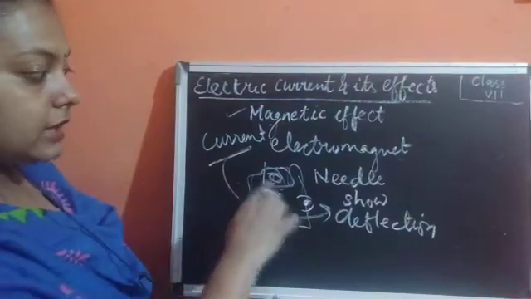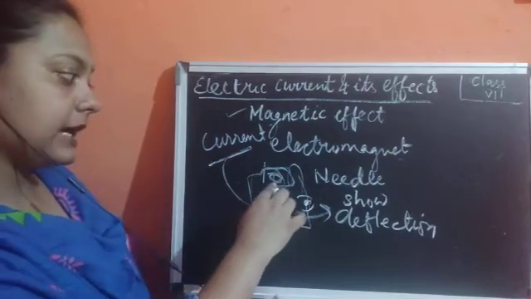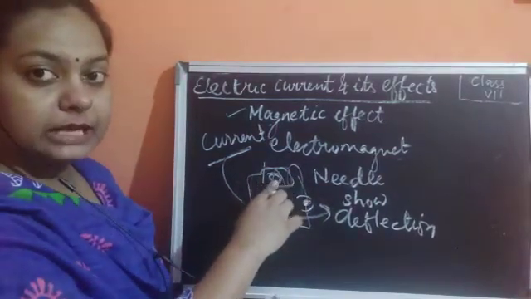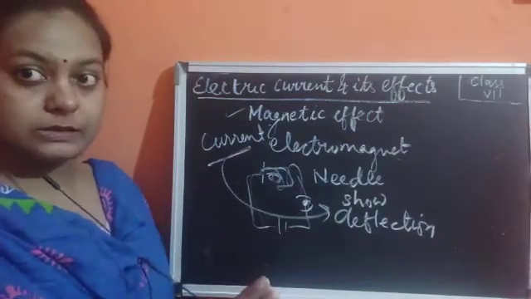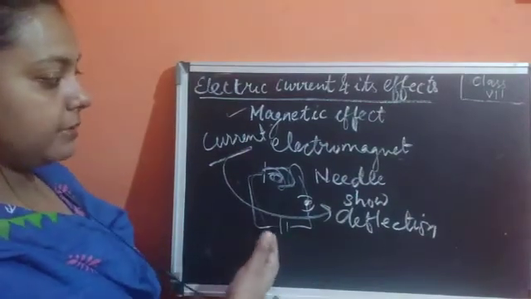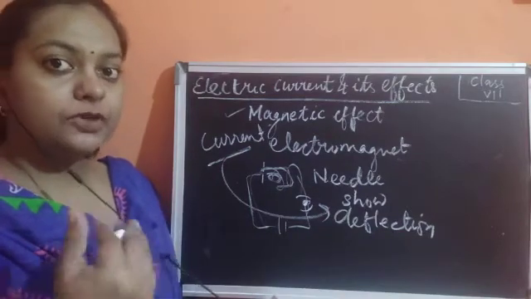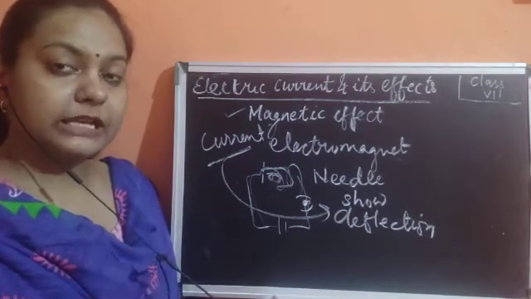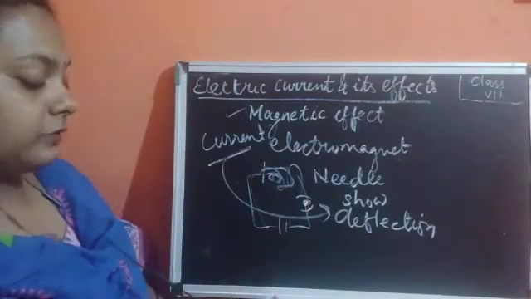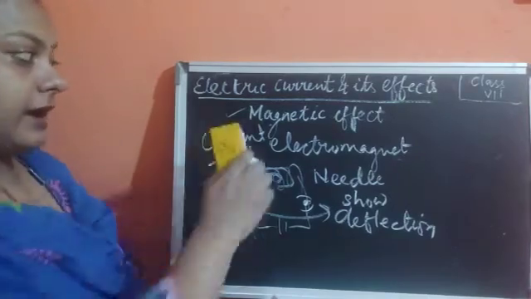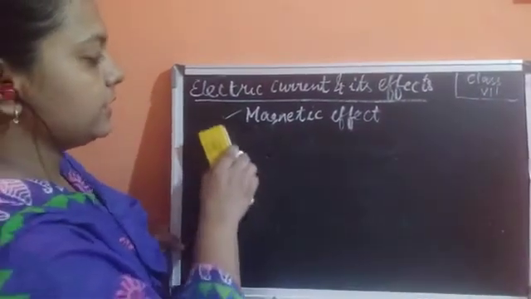I said the circuit was complete because the magnetic compass had already been kept inside this box. The current was not flowing, but as soon as the current started flowing, the needle showed deflection. So why was it showing deflection? It was the current which was determining this movement. So it was decided that this current has a magnetic effect. This was very clear from this experiment.